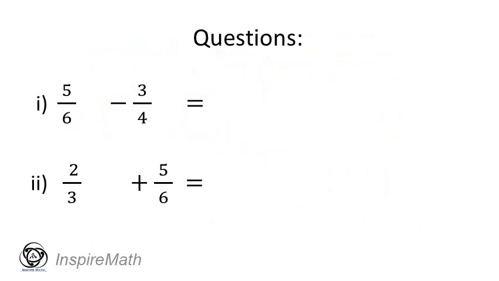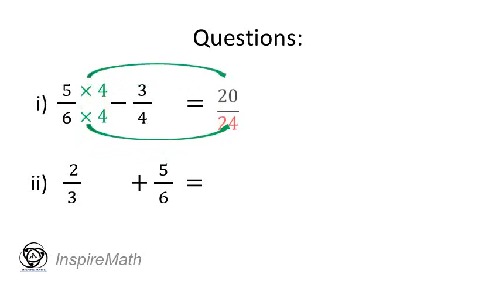Let's try some questions. Question number 1. 5 over 6 minus 3 over 4. Check the denominators, 6 and 4. You could find the lowest common multiple of 6 and 4, but for now, we will just multiply the denominators by each other. This leads to the multiplication of 4 to the denominator 6 and the numerator 5, and you get 20 over 24. Likewise, we multiply 6 to the denominator 4 and the numerator 3, and you get 18